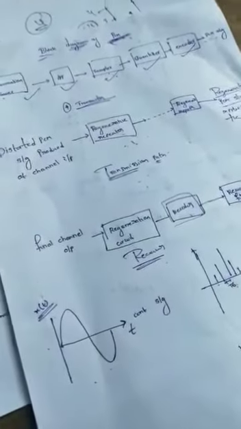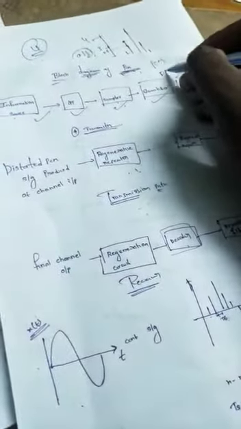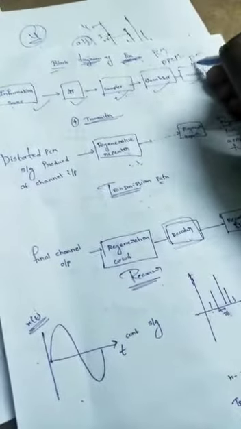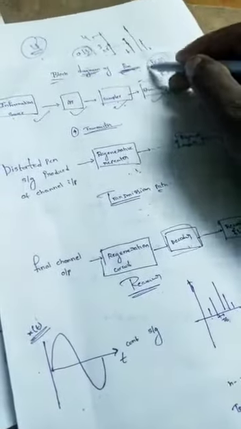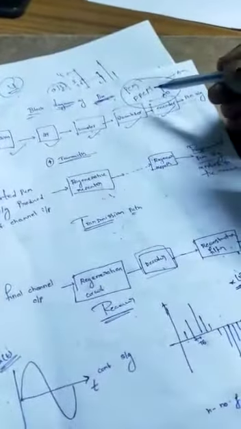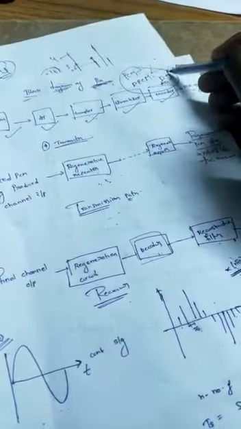Pulse code modulation is a digital communication technique. In the first unit, we have PCM, DPCM, delta modulation, and adaptive delta modulation. Like this, in each and every topic, the motto is converting analog to digital signal only. And there are advantages going from PCM to DPCM, DPCM to DM, and DM to ADM.